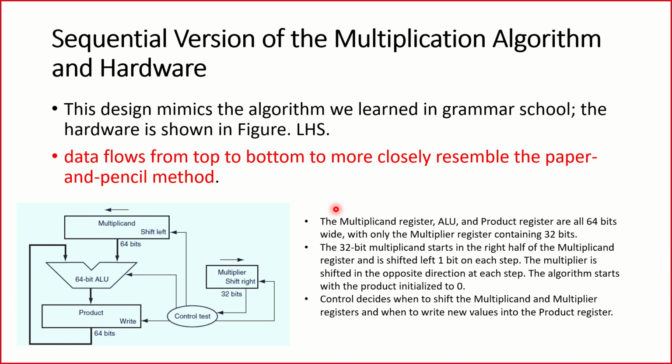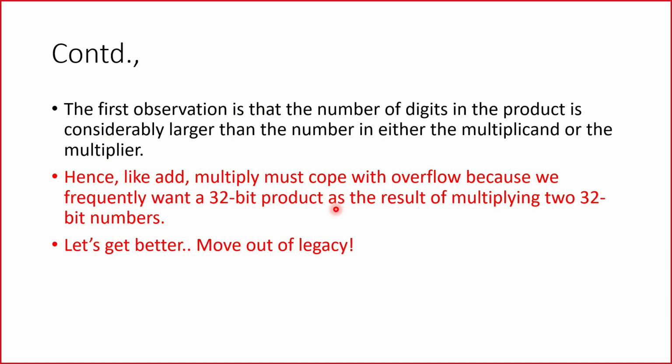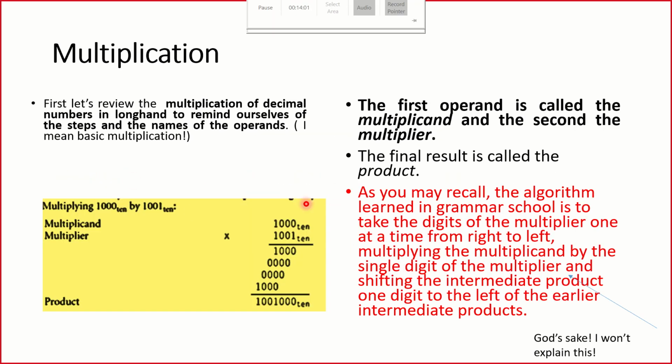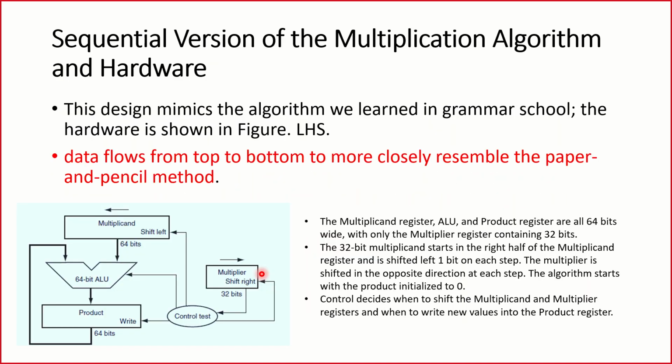Now I need to start multiplying. I need to start getting this process done. This is exactly what I'm going to do. I'll take the first one and multiply with the first digit. I'll get it printed. I'll go one step to the left. I'll take the first one. Here I'm taking 1 first, and then I'll take 0. Take 0, I'll take 1. Here I'm moving left, and then I need to add it this way. So this is the way we multiply, right? Normal paper and pen working is what we are going to do here, and that's what is explained.